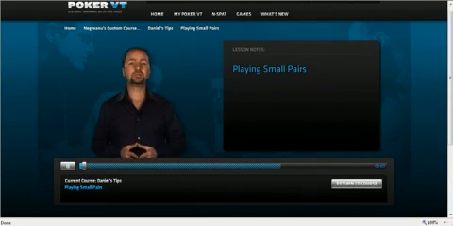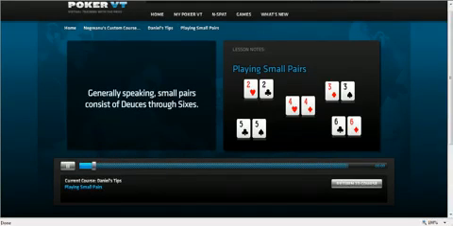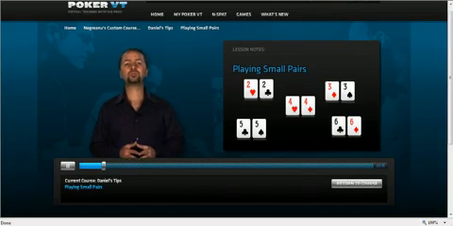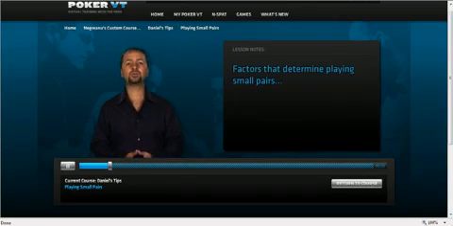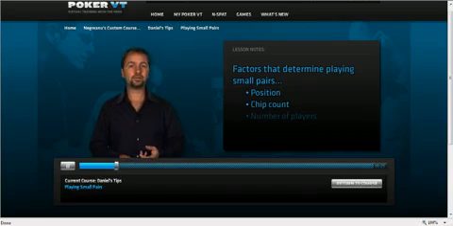There's been a lot written on the subject of playing small pairs in Hold'em, and there's certainly more than one train of thought as to the best way to play them. Generally speaking, small pairs consist of deuces through sixes. Unlike high pairs, small pairs shouldn't be played automatically in all situations. Several factors determine whether you should enter a pot with a small pair: position, chip count, number of players, and